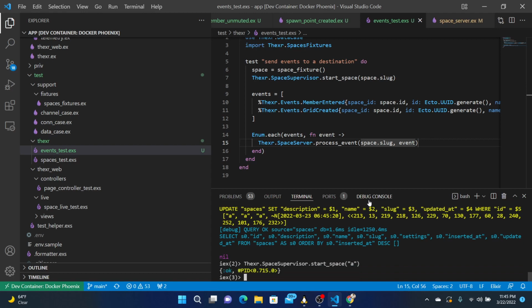That's our PID, okay. And we can define these events.